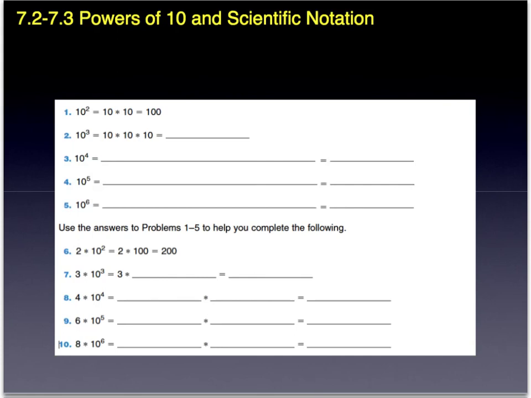10 to the power of 2 is the same thing as 10 times 10, which is the same thing as 100. 10 to the power of 3 equals 10 times 10 times 10, which is the same thing as 1,000. So 10 to the power of 4 is the same thing as 10 times 10 times 10 times 10, which is the same thing as